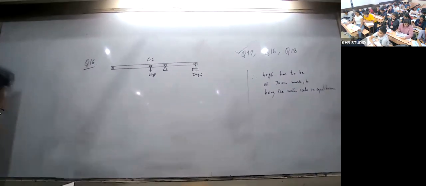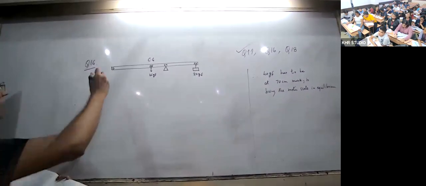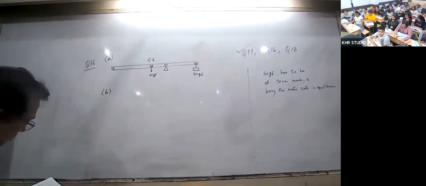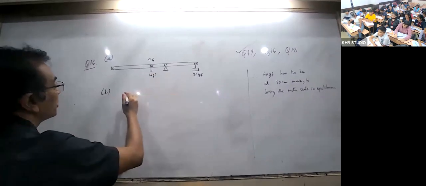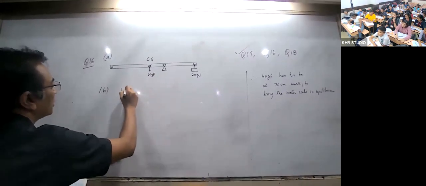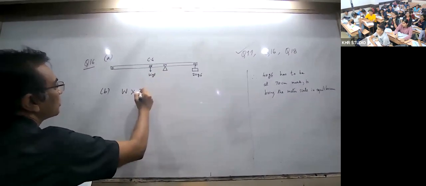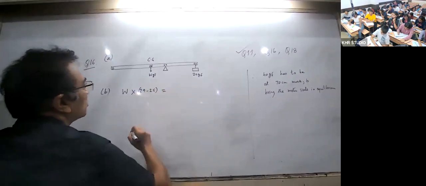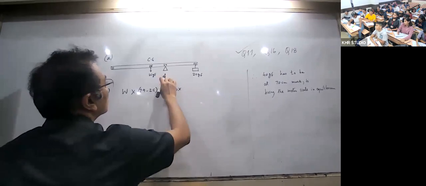Now, this is part A. The diagram is done. Find the mass of the half meter rule. So now by principle of moment, what will it be? W into 29 minus 25 must be equal to 20 into